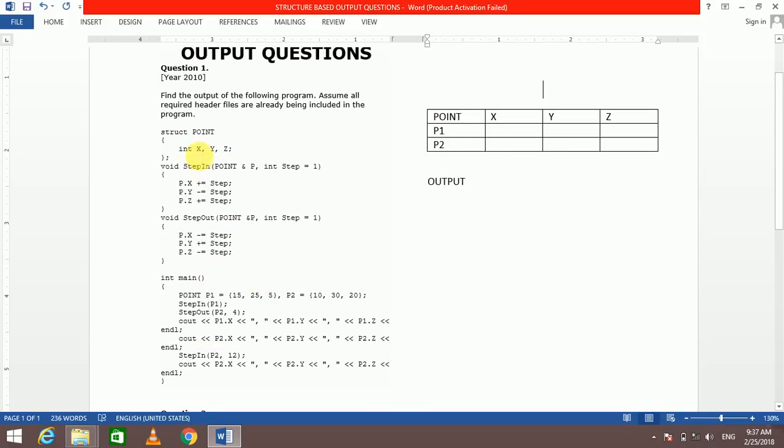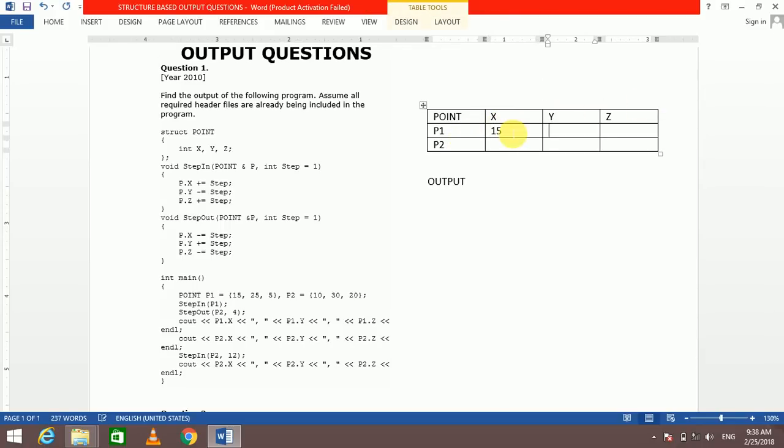So we have to check the structure, and then we have to move on to the main function directly. In the main function they have created two variables of type structure Point: p1 with values 15, 25 and 5, so p1's x, y, z are 15, 25 and 5. A second structure variable p2 with values 10,